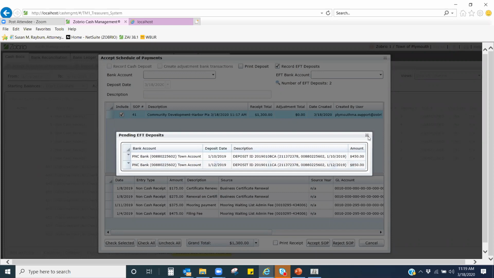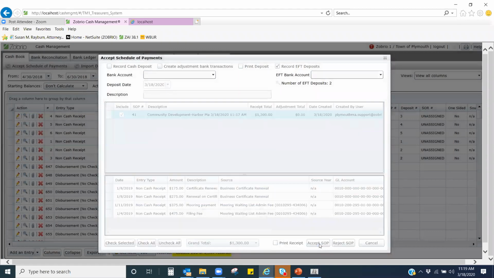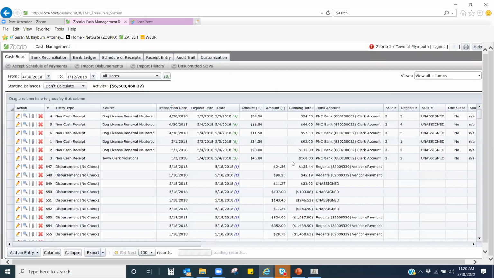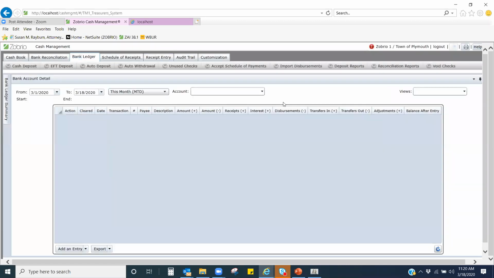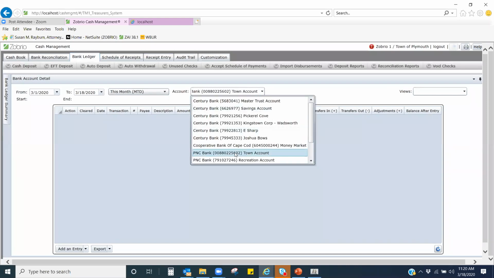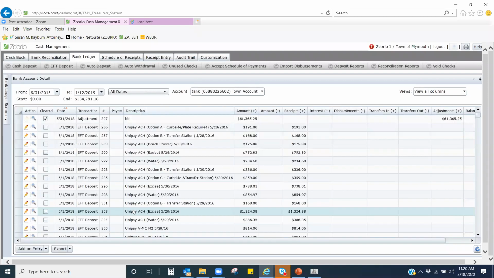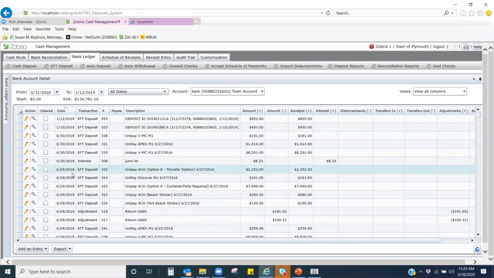So in this example, if I accept the schedule of payment, it is making these 2 deposits, 923 and 924. So if I hop over to my bank ledger and bring up the bank account that is associated with that payment portal, let's give it some dates here. I'm just going to sort by date. And sure enough, there's my 923 batch and my 924 batch, which, if you utilize our OFX, and this will be another session that we'll run to talk about this,